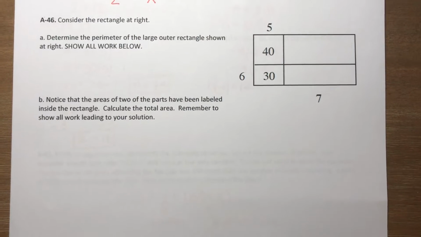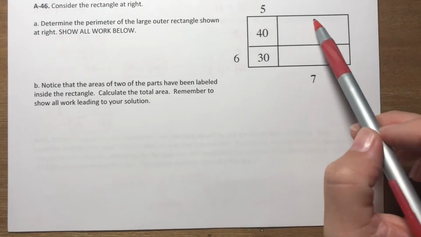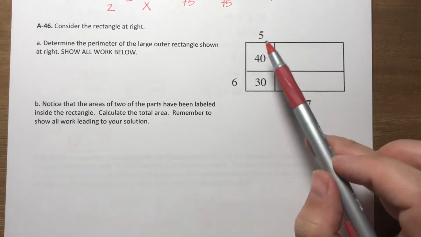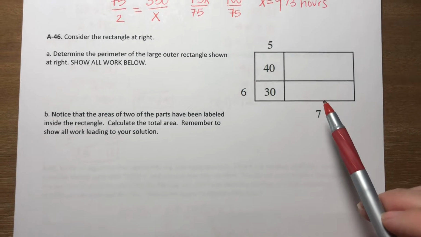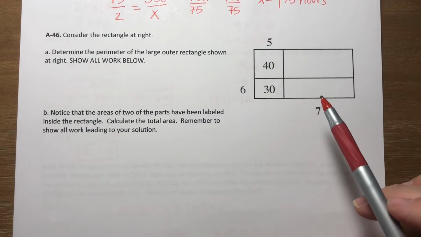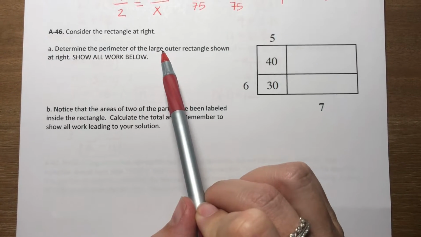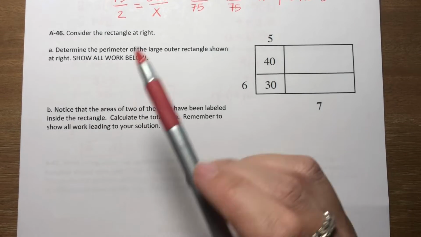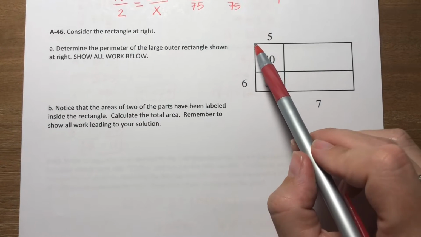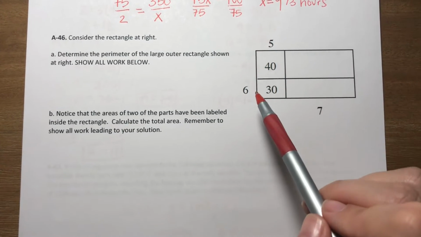Last problem, number 46. It says, consider the rectangle at right. I'm hoping that you guys have seen this before, right? This is an example of a generic rectangle, and they're used essentially for multiplication. It says, determine the perimeter of the large outer rectangle shown at right and show all of your work below. So what it's meaning is this larger rectangle that we have here on the outside, what is the perimeter